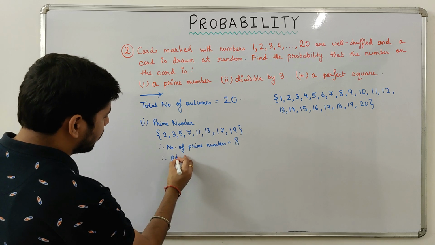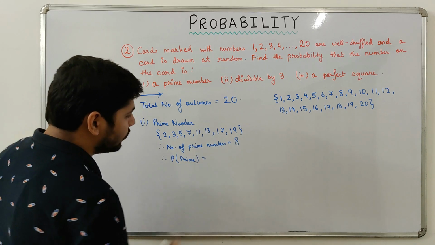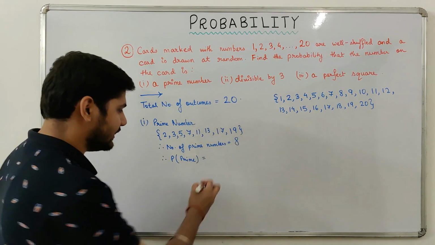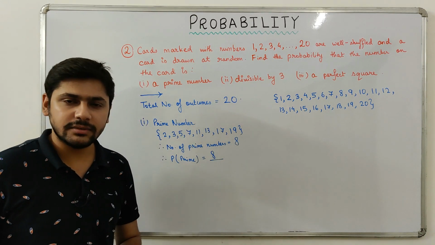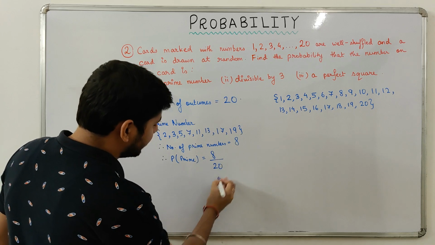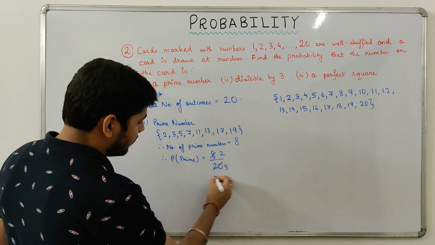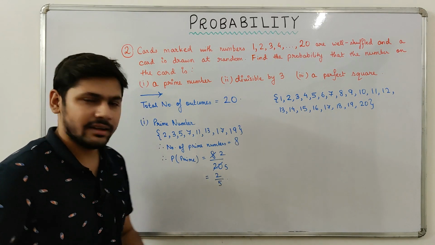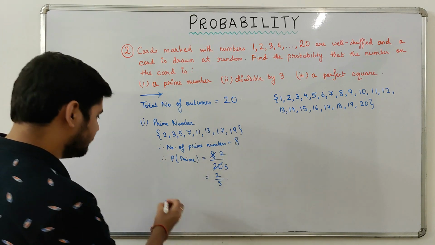Therefore, probability of getting a prime number is equal to the number of prime numbers which are present between 1 and 20, that is 8, divided by the total number of outcomes, which is 20. So 8 by 20. So 4 2s are 8, 4 5s are 20. So it is 2 by 5. Simple. Now let's move on to the second subpart,